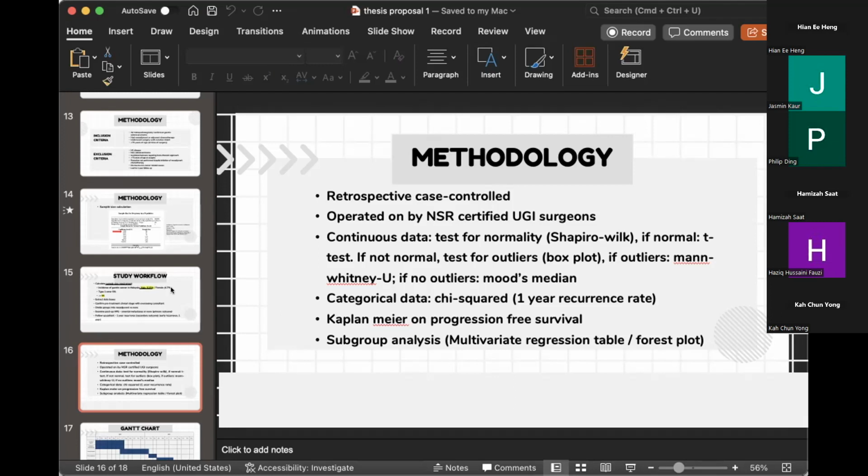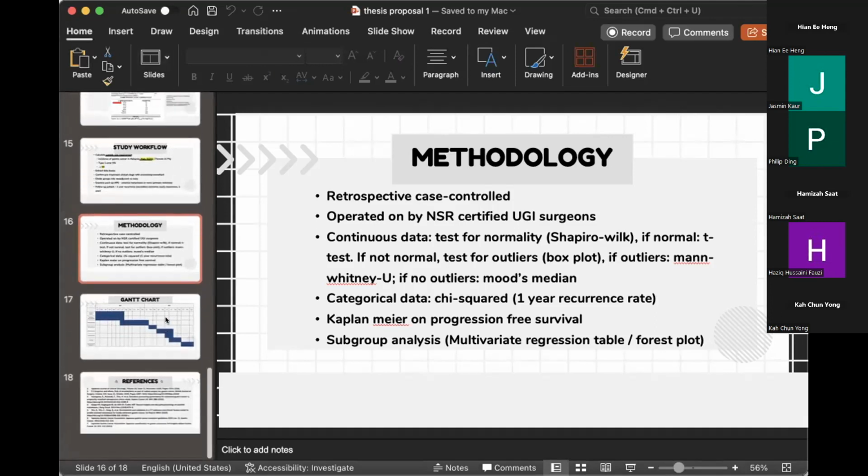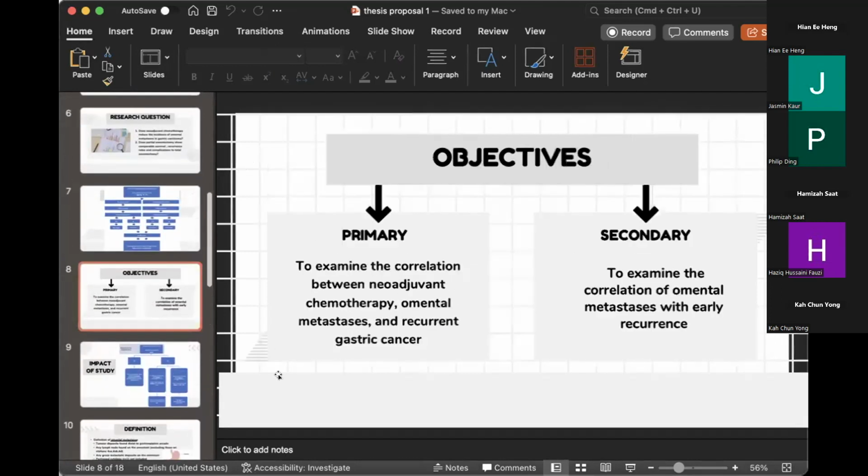Can you maybe show me the slide of your primary outcome? That means your primary objective, secondary objective. Okay, to examine the correlation. So not logistic regression, because you're looking at recurrence, you'll be doing the hazards ratio, which is the same. For hazards ratio or logistic regression, when you're going to use a regression model, you will use this reference paper.